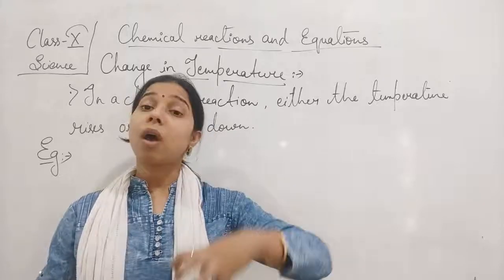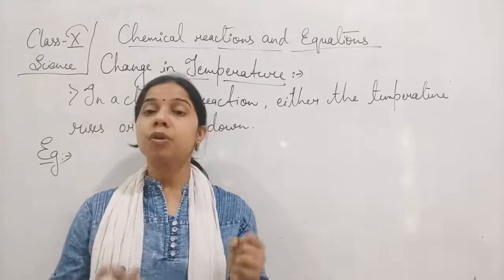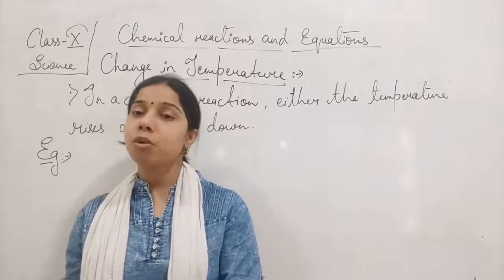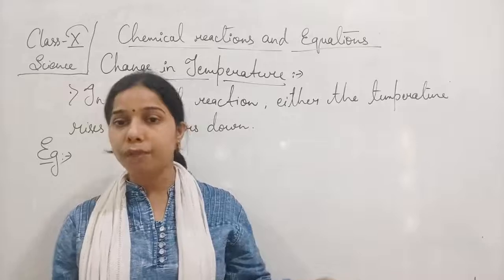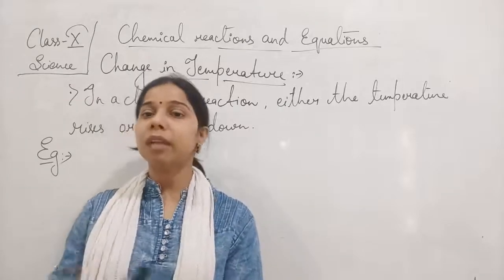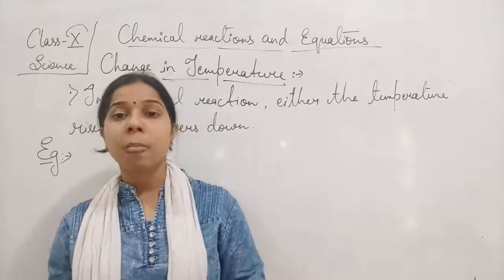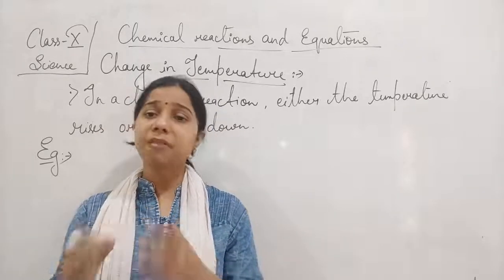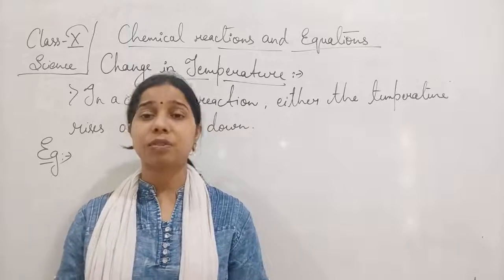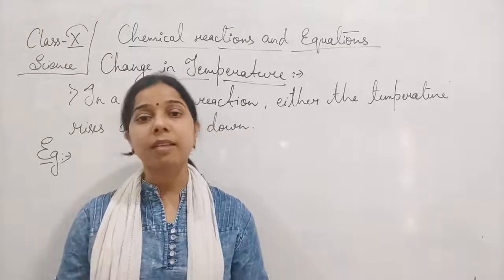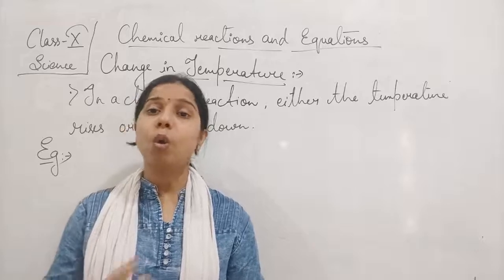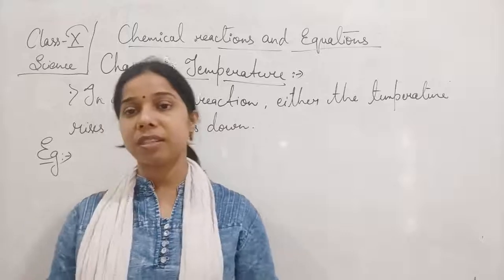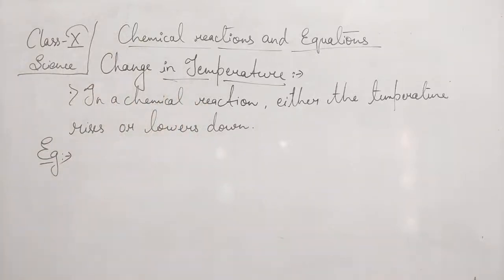So they absorb the heat to complete the reaction, for the reaction to take place into the product. So when the heat is already absorbed from the reactant so that the reaction can take place, here the temperature decreases. So the flask in which you are performing this reaction, when you touch it, the temperature is less or it feels cold. Which proves that here the temperature lowers down after the reaction takes place. So we can write it here.